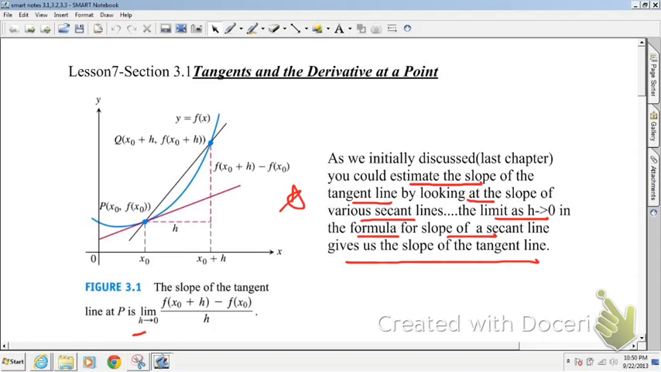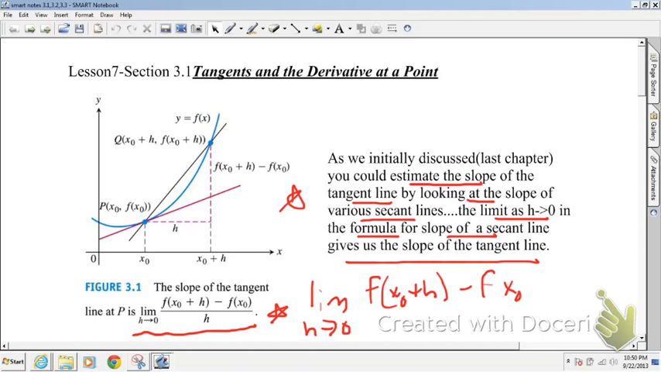And then we said, well, we're going to get a little more formal here, and now we're going to call the slope of the tangent line at a point P this, okay? So this limit as h approaches 0 of f of x naught plus h minus f of x naught all over h, okay? That will be sort of our formal definition of the derivative, which is also the slope of